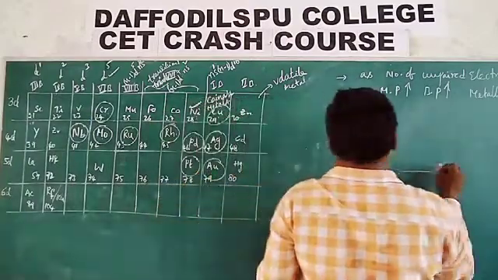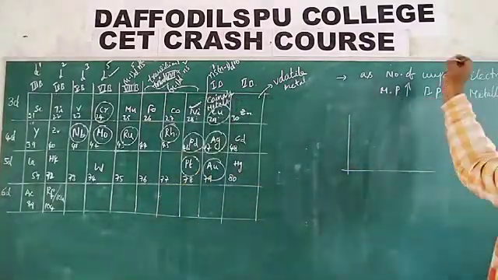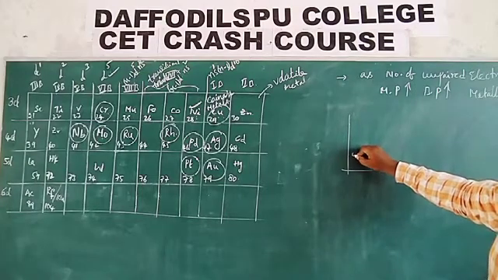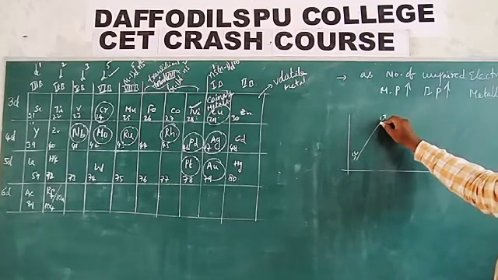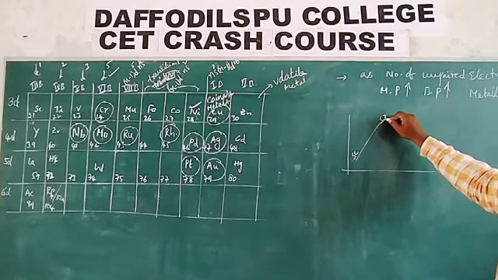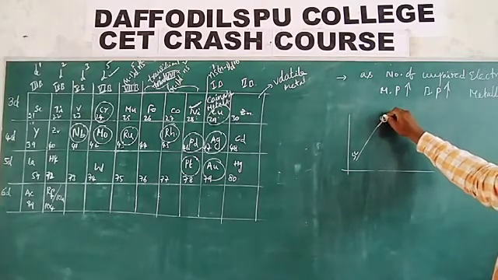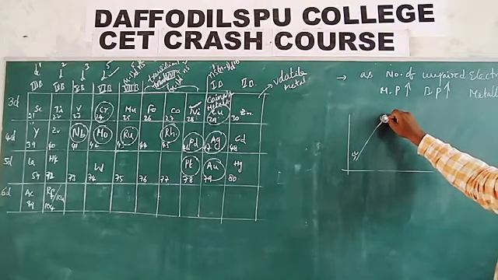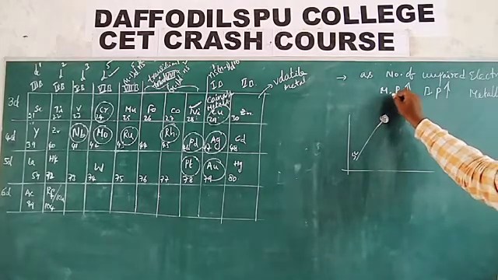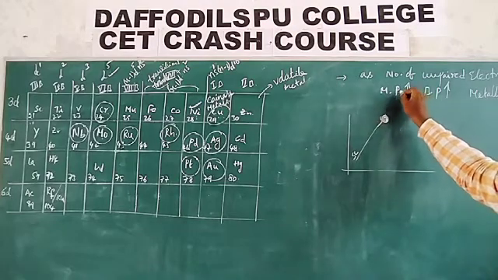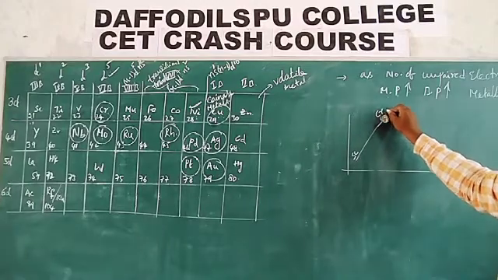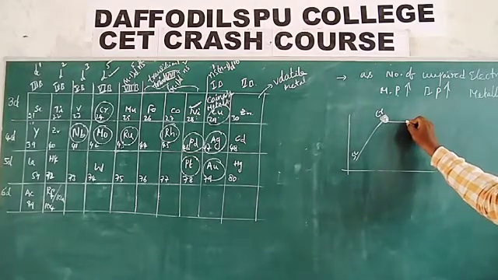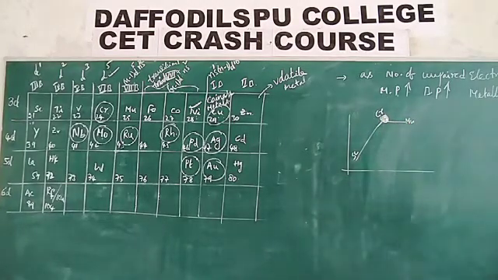So as the number of unpaired electrons increases, melting points increase. This is scandium. While we are moving towards chromium, melting points and boiling points all increase up to this point. Then manganese also has the same number of unpaired electrons. So what you are expecting, if chromium's melting point is this, manganese also has the same melting point. Is it or not?